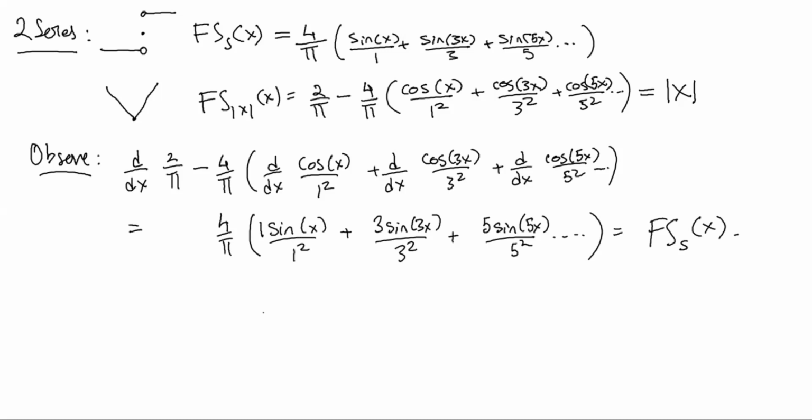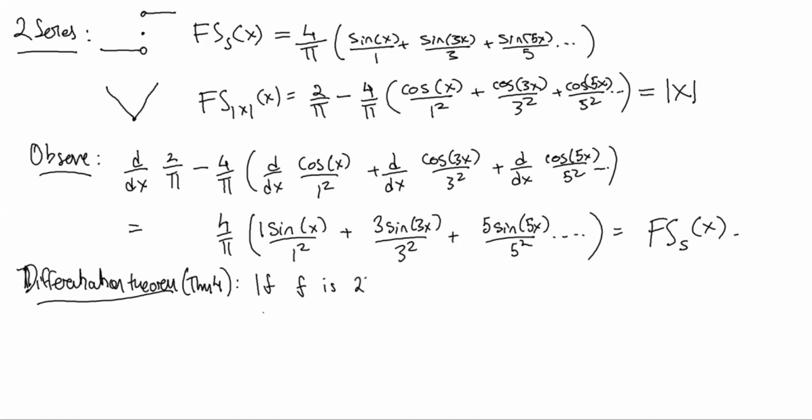Okay. This is actually a theorem, which I'll now state. It's called the differentiation theorem. This is theorem 4 in the textbook. What it says is that if f is 2 pi periodic, or equivalently, f of minus pi equals f of pi, as we saw, those are one and the same thing,